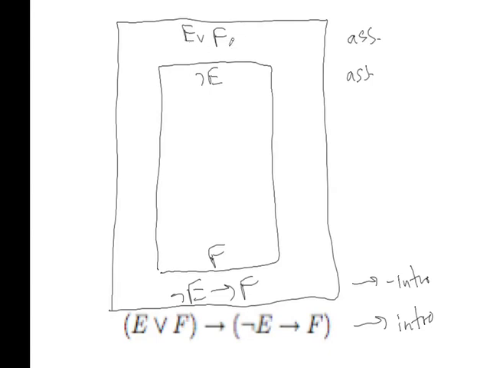And the good news is when you have an E or F, there is an automatic thing to do, that is to split it into two cases. One case where we assume E and one where we assume F. I will do that inside this box. It doesn't matter, but the point is that since we know E or F, we are allowed to split into two cases. One case where we assume E and one where we assume F.